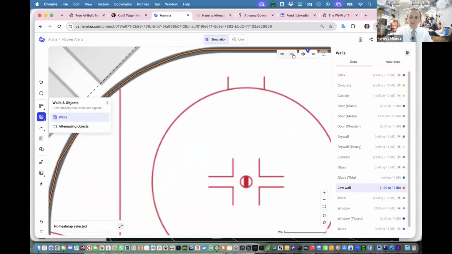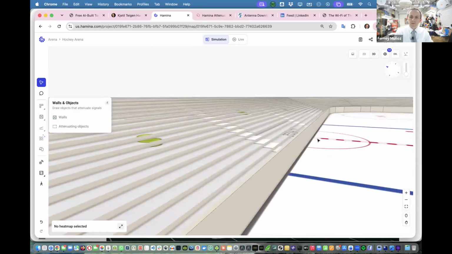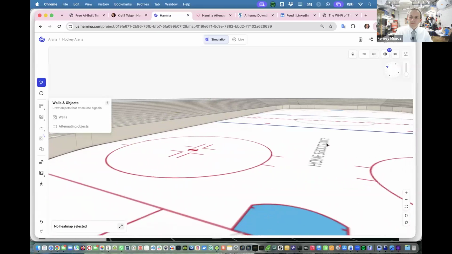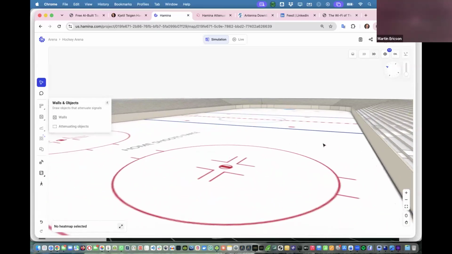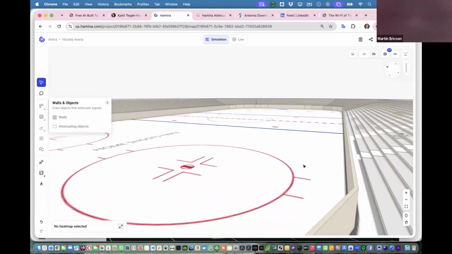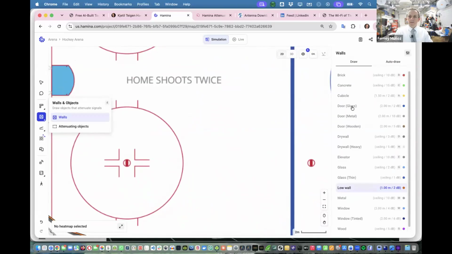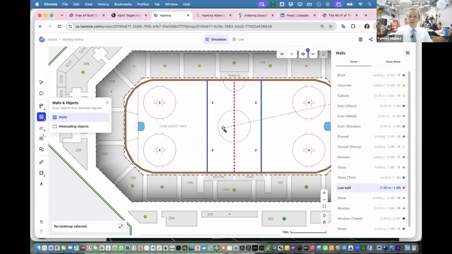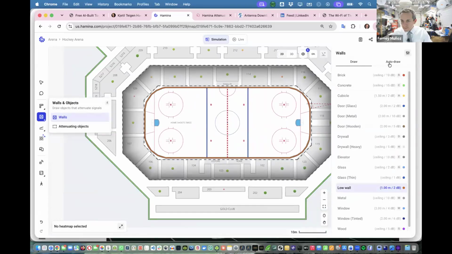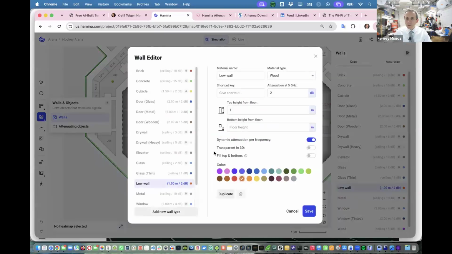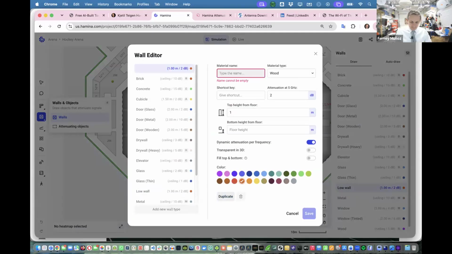We go to 3D. Now we drew this all around. Okay, let me go back to 2D. Let's now try to create a new attenuation area. Let's go to options and clone the low wall, duplicate, and we're going to call this just